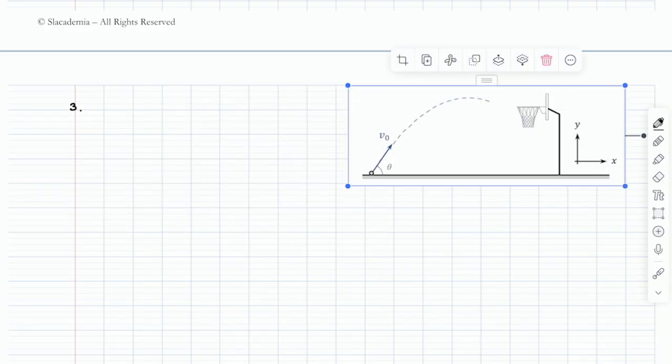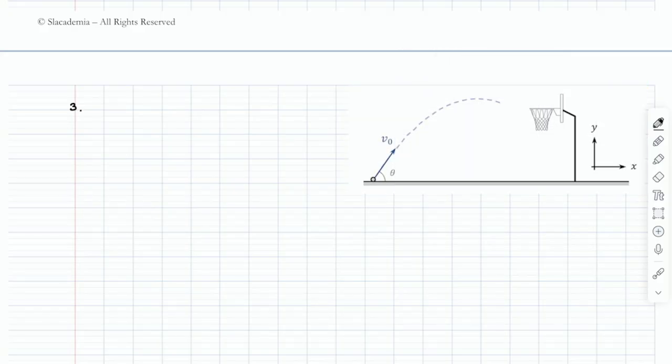Now this is, again, not the path followed by the ball as it flies through the air. It is the path followed by Tony Parker. So Tony Parker does not go through the hoop, right? And he lands somewhere here, I don't know where, at a time, call it T final, T sub f, which is the total time spent in the air, sometimes called the time of flight. Same thing, right? It's the time between leaving the ground and hitting the ground again.